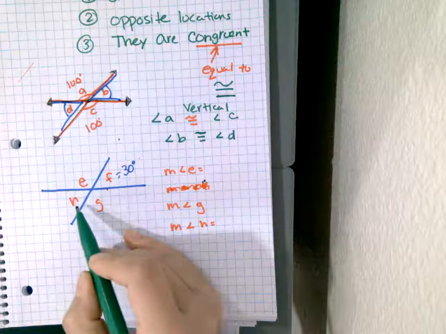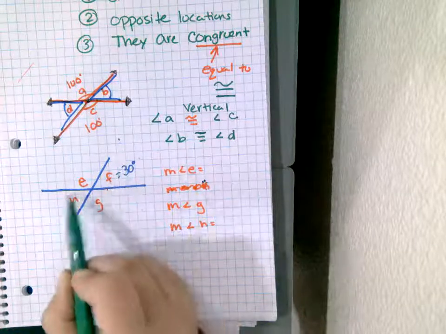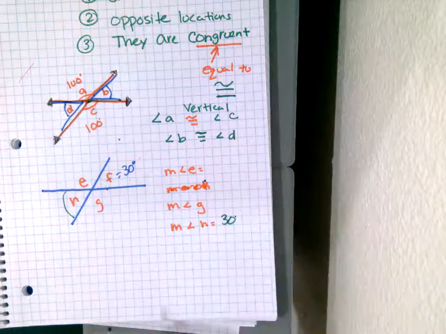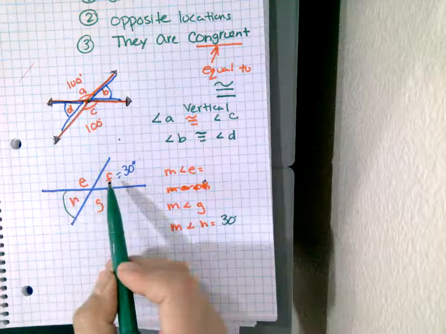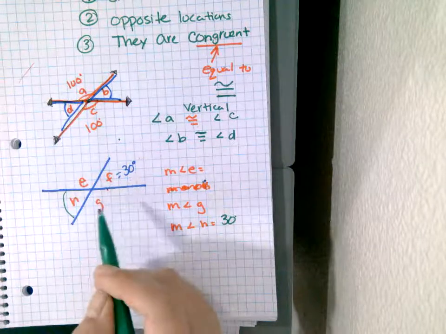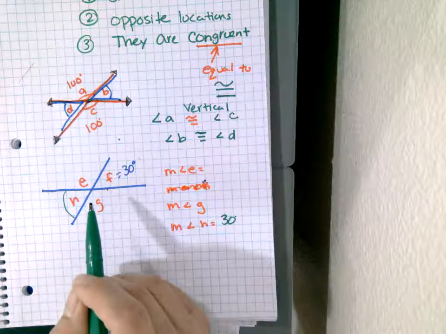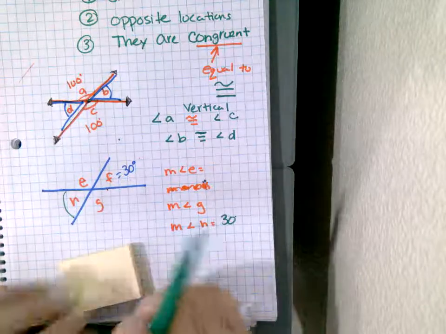H should be the easiest one to solve for. Yes, it is. So H, because they're vertical, boom, you know it's 30 degrees, right? There's no math involved because they're vertical. Now, the E and G involve some math. How do I figure this out? They're both unknown. But what you should know from what I just taught you today is if you cover this up,